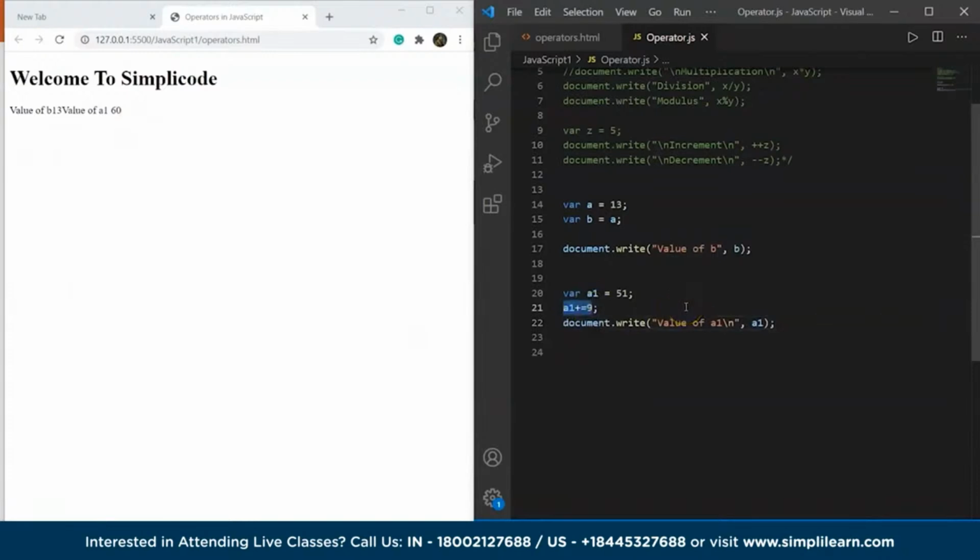Here we have written a1 plus equals 9. If you don't want to write a1 plus equals 9, you can also write it as a1 equals a1 plus 9. Both of these lines are the same. Both statements mean the same and perform the same task. So a1 equals a1 plus 9 is the same as a1 plus equals 9. That's what I want you to understand with assignment operators. Similarly, if you want to perform a1 minus equals, you can do it as well. So let's say a1